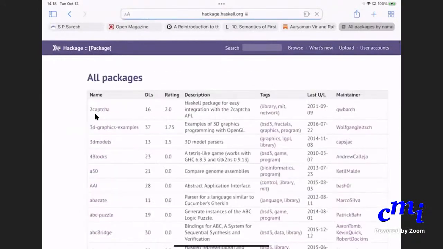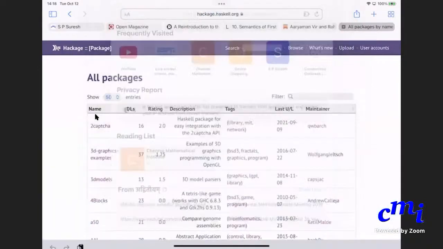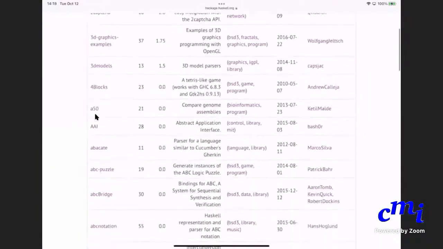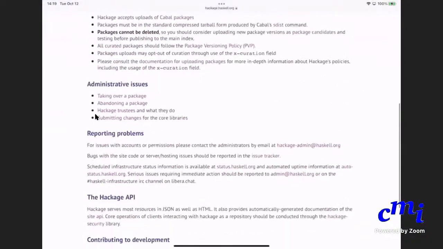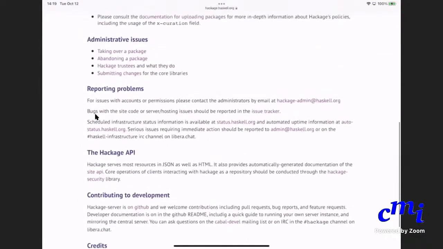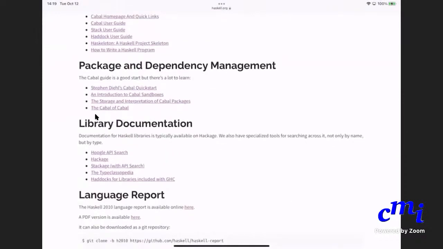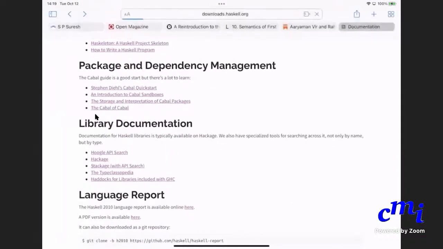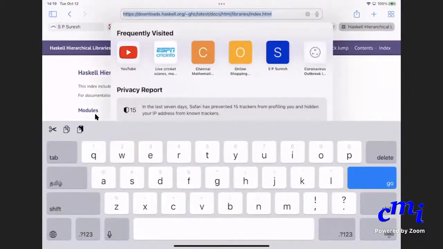So it would be good to bookmark this page. package.haskell.org/packages/browse. You can go here, and then if you know what you're looking at, if you say list, oh, this is not it. Sorry, this is not it. Let me just go back. This is it. So yeah, it's all the libraries that are included.